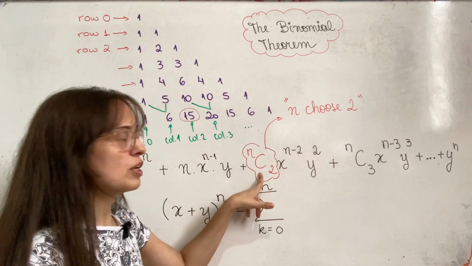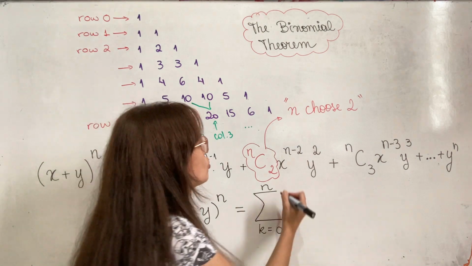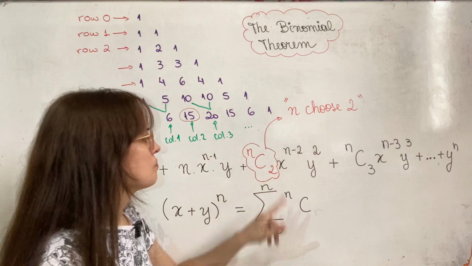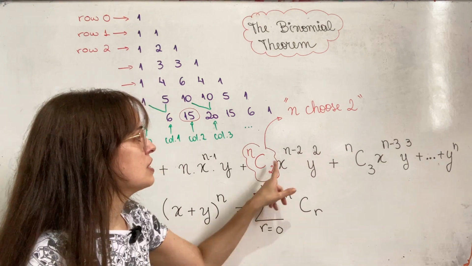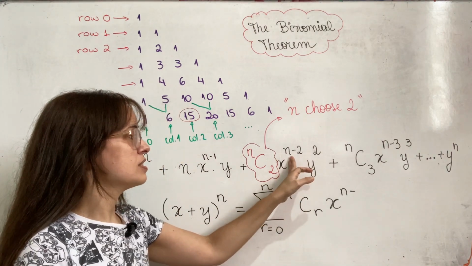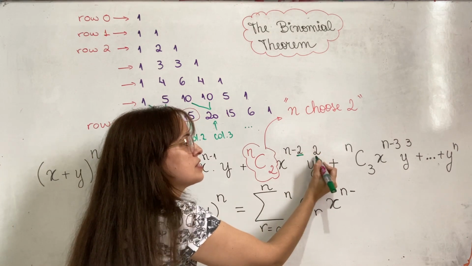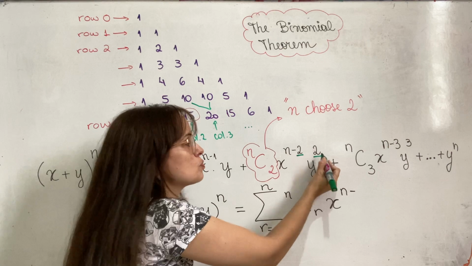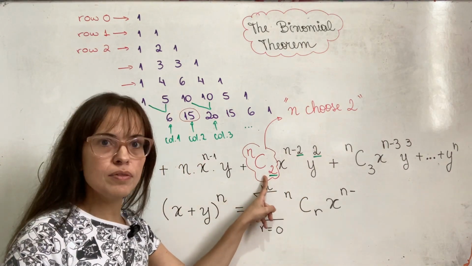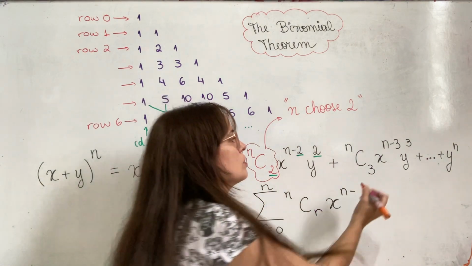It starts with a binomial coefficient, which are these numbers that belong in the Pascal's triangle. So it's always going to be n choose something. After the n choose r coefficient comes x to the power of something. And this something, as we can see here, is always n minus a number, where this number is the same as this other number, which is going to be the exponent of y. And it's also the same as this number right here in the binomial coefficient. And that happens again in the other term as well. Look, there's a 3 here,